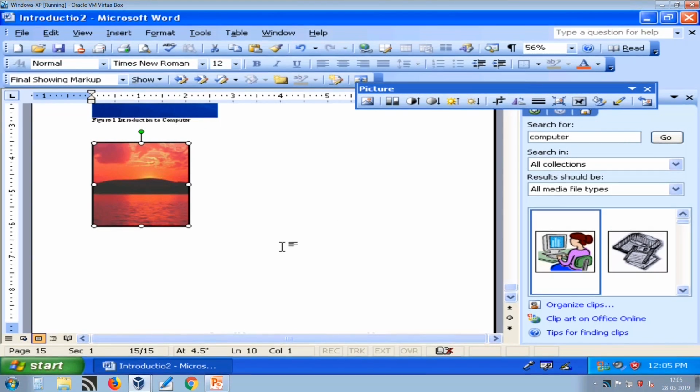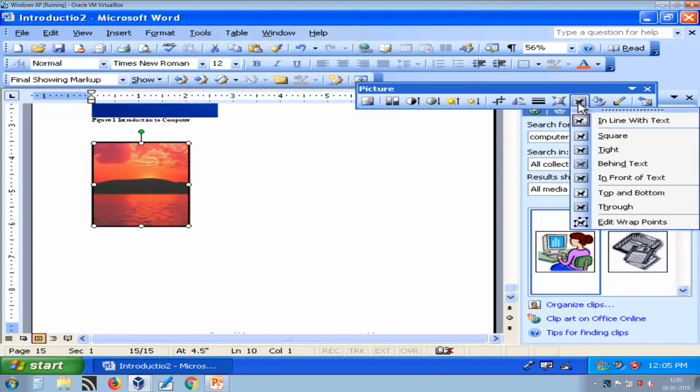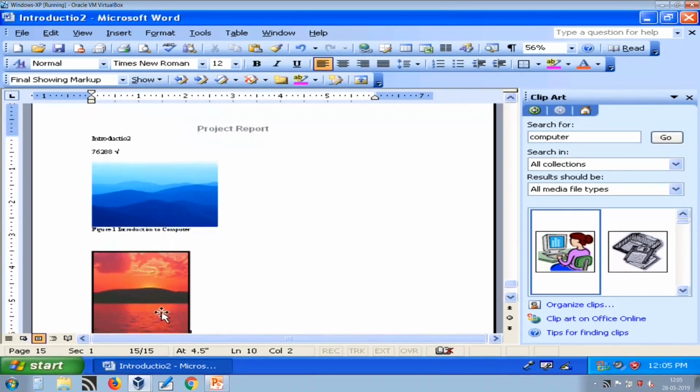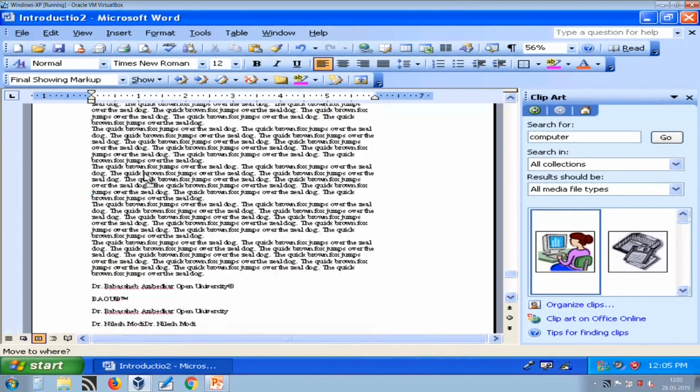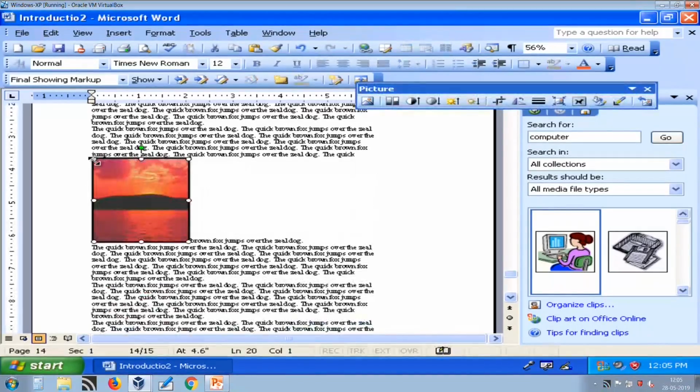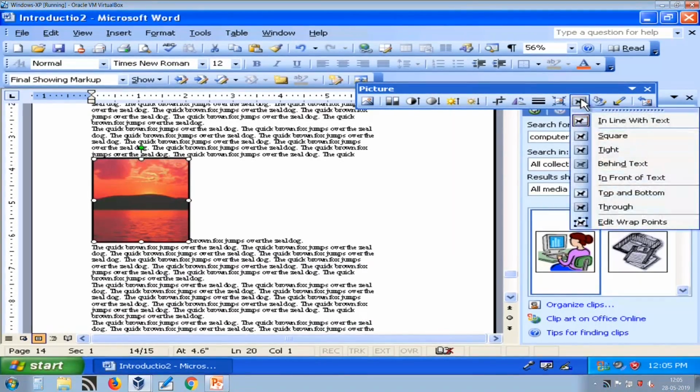Now text wrapping is an important part. Suppose I want to place my picture in line with text. Now let us see what will happen if I move this picture to text. So I am just moving, so it is in line with text.